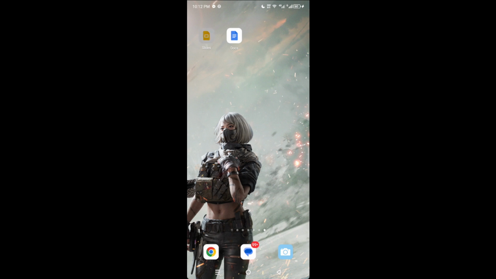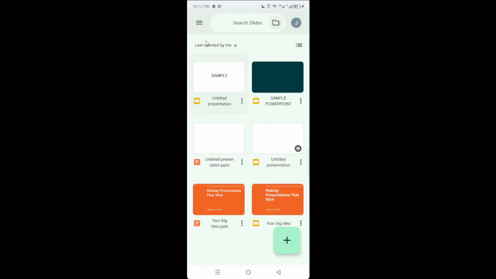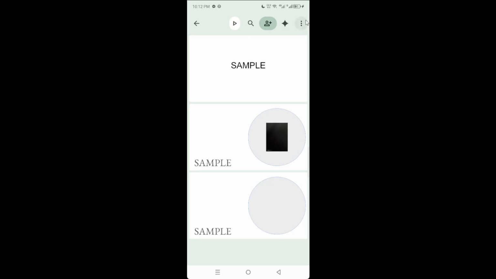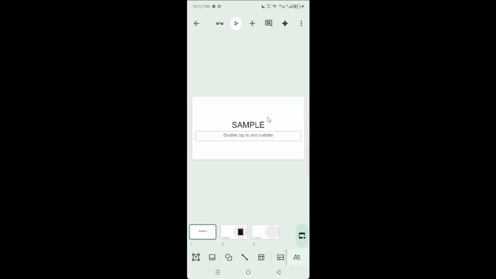Give it a second to load your files, then open the presentation you want to work with. If you don't see it right away on the home screen, use the search bar or browse your Drive folders to find it. Once your deck is open, look along the left or bottom panel for the slide thumbnails and tap the specific slide you want to save. This process exports only the slide you currently have selected, so pick the exact one you need. If you plan to export several slides, you'll repeat these same steps for each one.